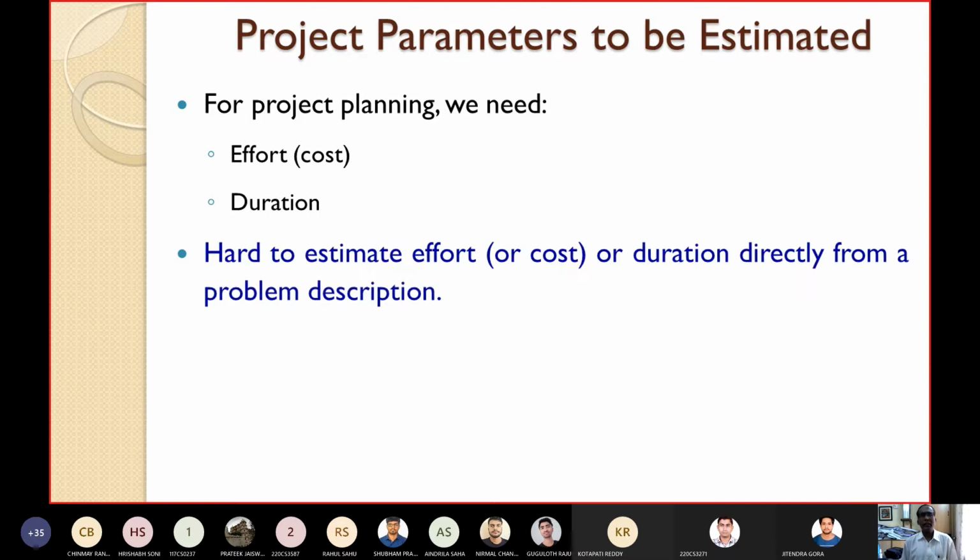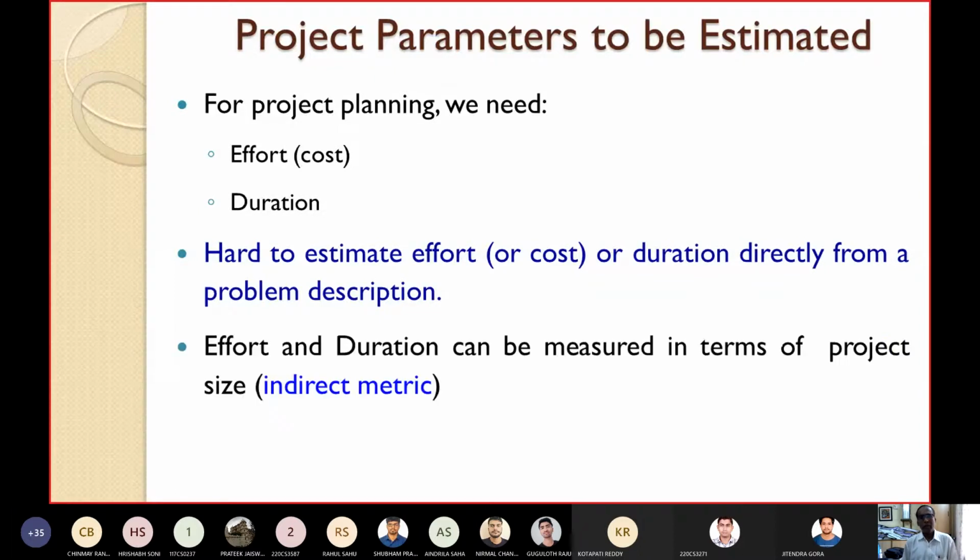It is very hard to estimate the effort, cost, or duration directly from a problem description. If your SRS document, the problem specification, is given, it is very difficult to estimate the effort, cost, or duration directly. But effort and duration can be measured indirectly in terms of the project size.